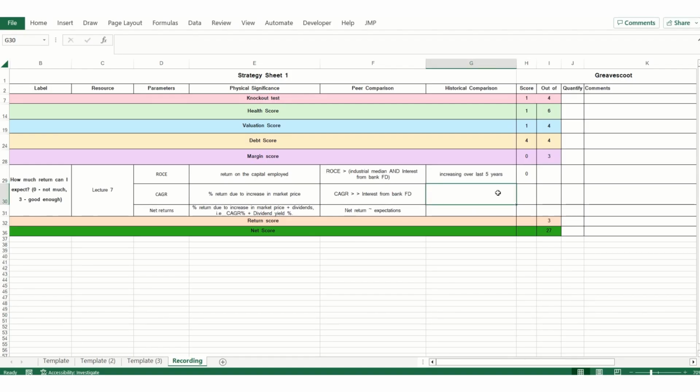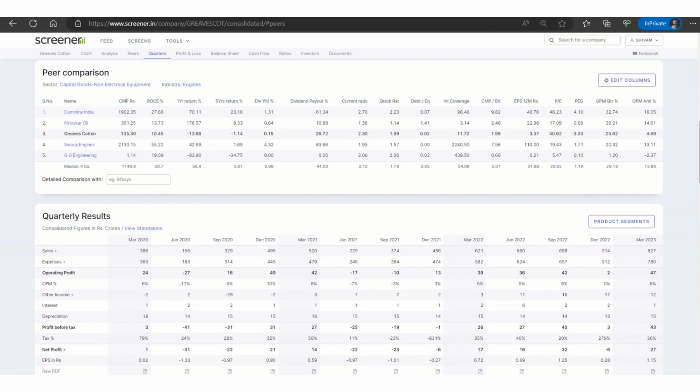The second is your CAGR. As you know, here in screener.in, it will be labeled as 1 year return and 5 year return. Now this return is every year. I mean, for the last 5 years, this is the yearly CAGR, compound annual growth rate return. This is not for the whole of the 5 years. So you can see that for 1 year, the return is minus 13%, while for 5 years, it is minus 1%. That means if you had invested money 5 years back, your share price would have been almost the same.